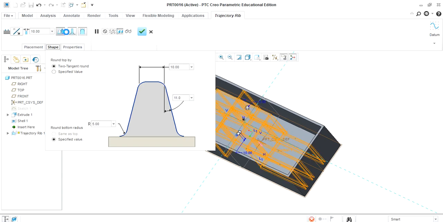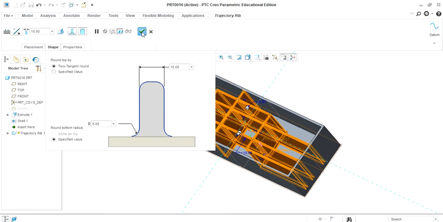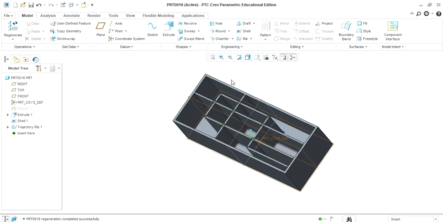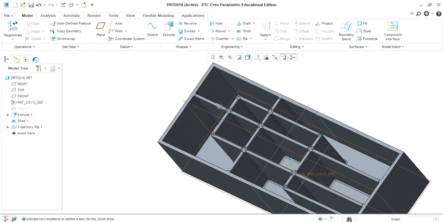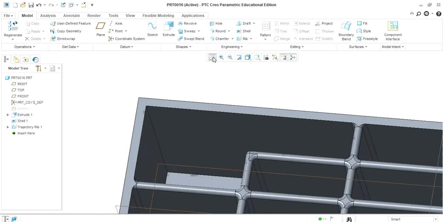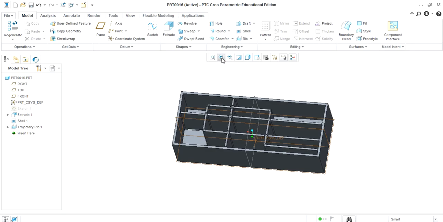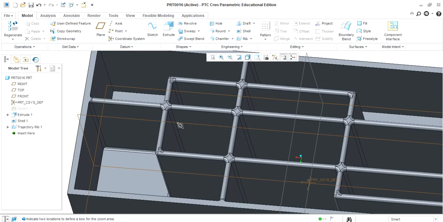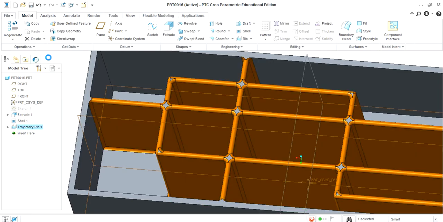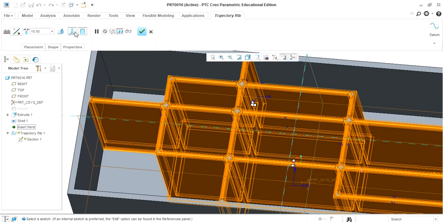First shape. Click on OK. If you zoom it, you can see the shape over here. The shape is rounded because here we have taken the round shape of the rib. Just modify it. In this way we can change the shape of the object. For a particular profile, the dimensioning should be proper.